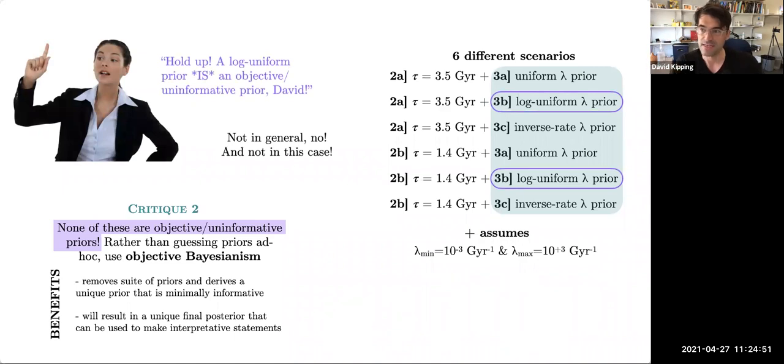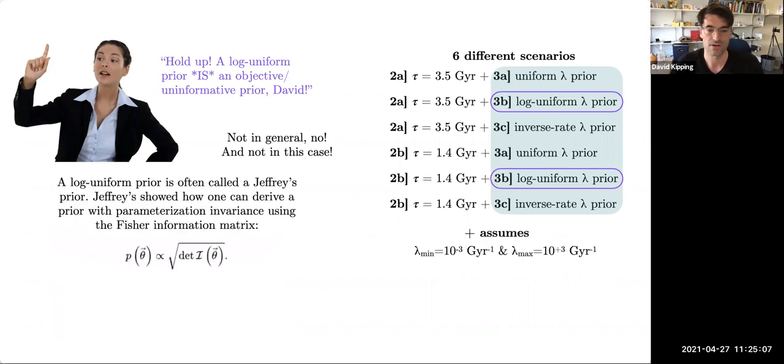However, that's basically not true, because the log uniform prior is not in general the Jeffreys prior. It's a special case with a particular set of conditions. And in particular, it's only true if you know the minimum and the maximum, lambda min, lambda max. You can look at the bottom of my slide. If you know the minimum and the maximum of some process or some parameter, then indeed you can show that the reference prior is a log uniform prior. If you don't know what those numbers are, then this all falls apart.